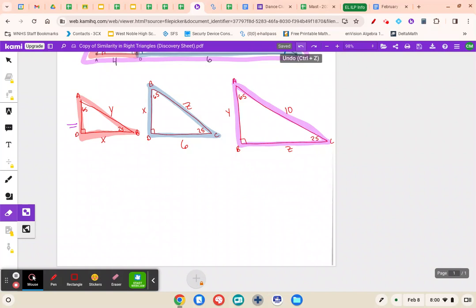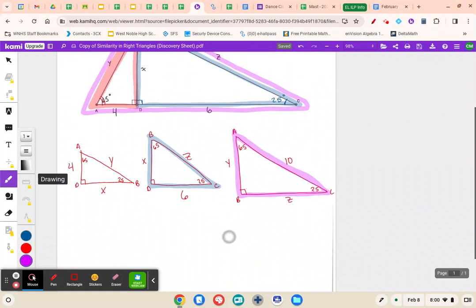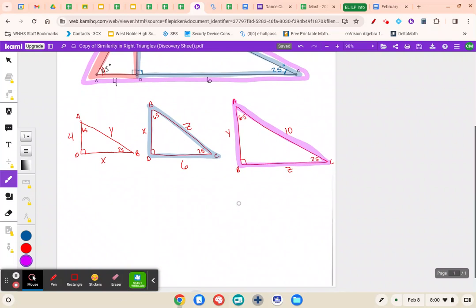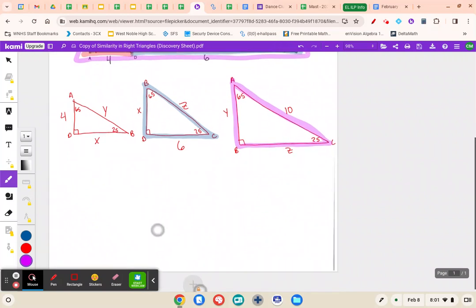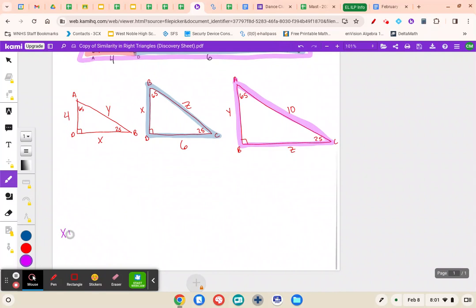I think I erased too much. There we go. Okay, so the simplified version. What you can do is you can think about, in this case, x is the altitude. Okay, we'll talk about the altitude in a second. And the altitude is the repeated